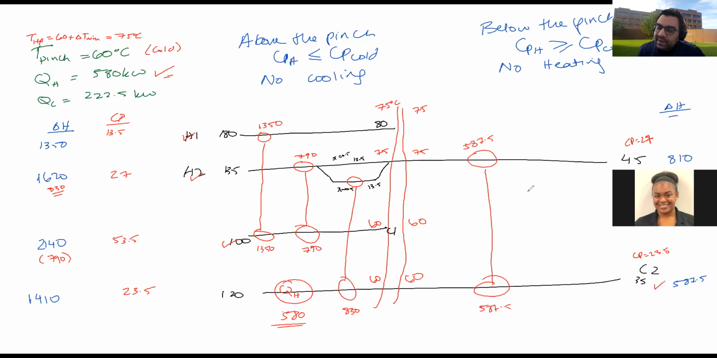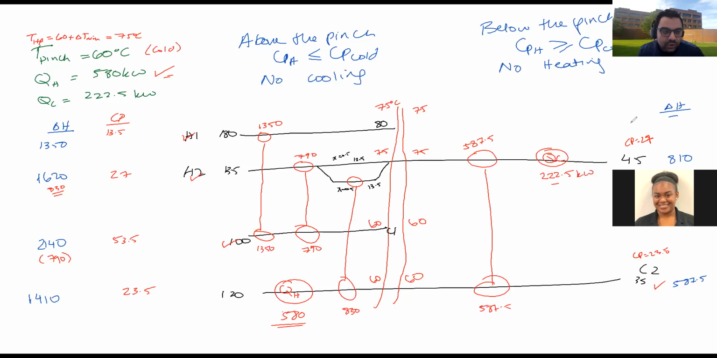Now here I can never heat below the pinch. Under no circumstance should you have a heater below the pinch. You can only heat above the pinch. Below the pinch, you should always cool your hot streams. So in this case, I need to cool the stream. I'm going to add a cooler, and the amount of energy in this cooler will be however much energy is left, which is 810 minus 587.5, and this will be equal to 222.5